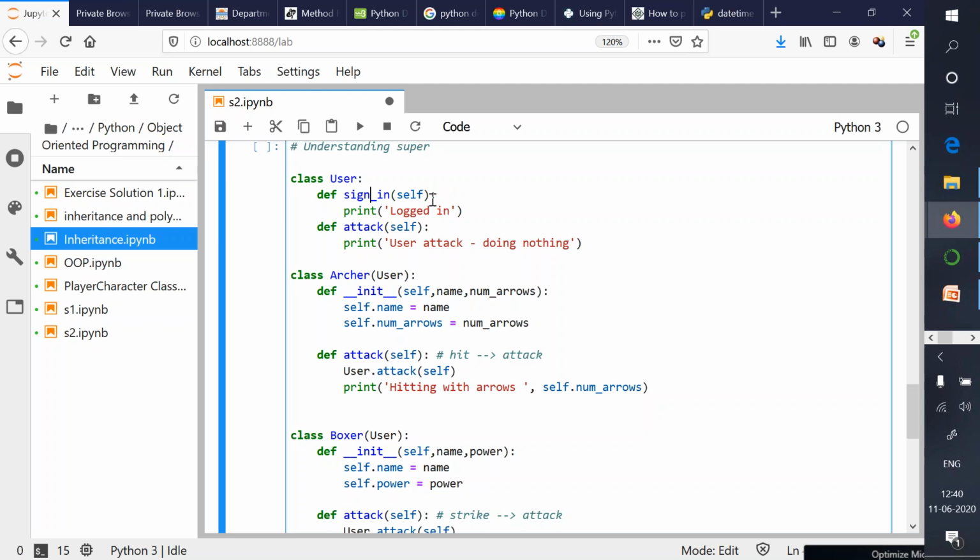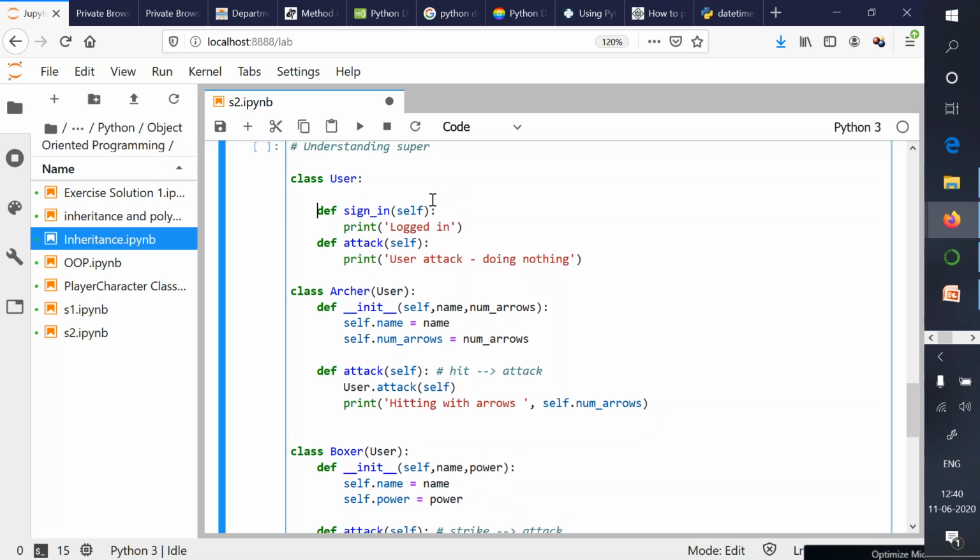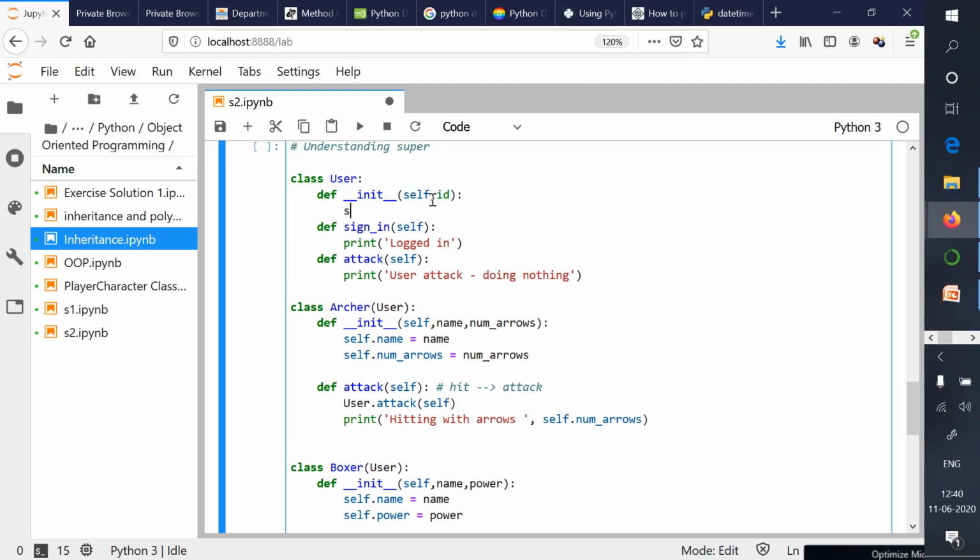Rather than making this functionality available with sign in, we can create the init function. That makes more sense. So def underscore underscore init, self comma ID, and self dot ID is equal to ID.